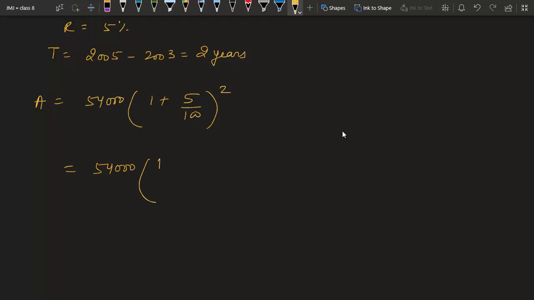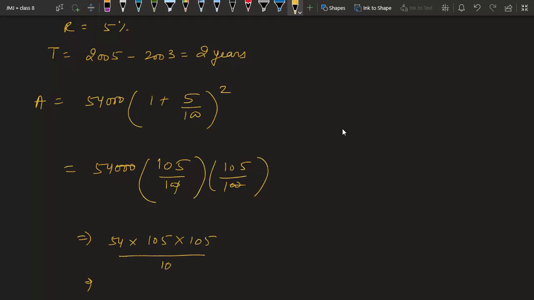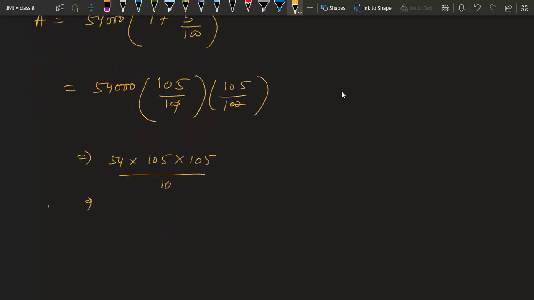105 upon 100 into 105 upon 100. These two zeros and single zero will cut these three zeros and we will get 54 into 105 into 105 upon 10. Further solving this, we will get the answer as population in year 2005 as 59535. So this is the answer, or this is the population